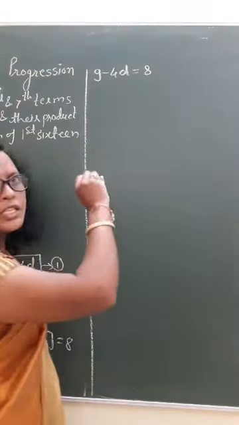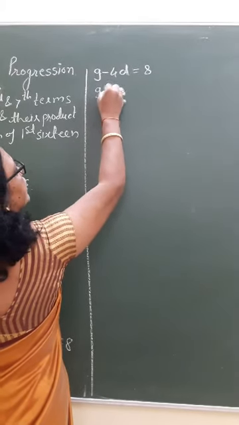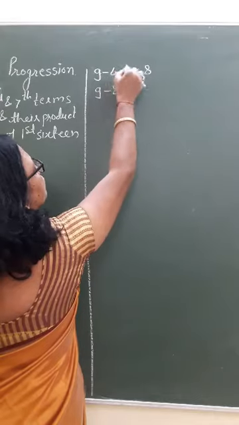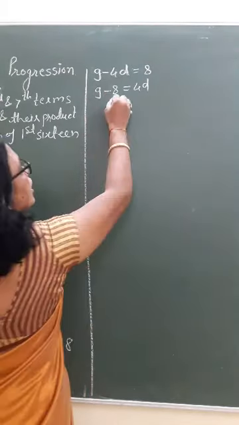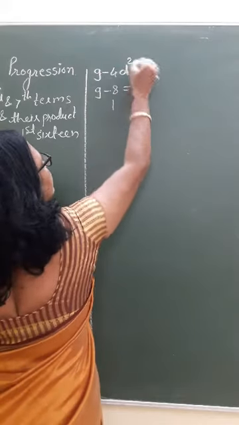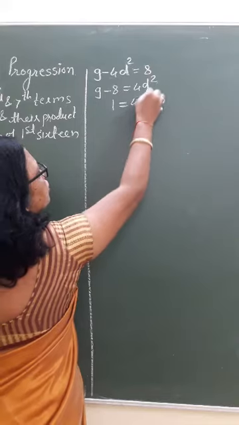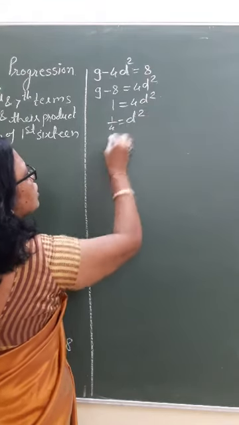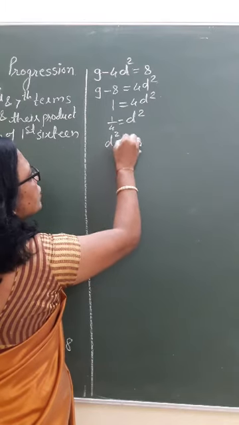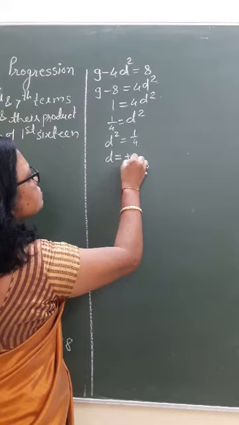9 minus 4D is equal to 8. Here I will shift 8 to the left-hand side and 4D to the right-hand side, because it is negative and I want to make it positive. So I will get 4D square. Here 9 minus 8 is 1, and this is 4D square. So 1 by 4 is equal to D square. So the value of D square is equal to 1 by 4, which means D is equal to plus minus 1